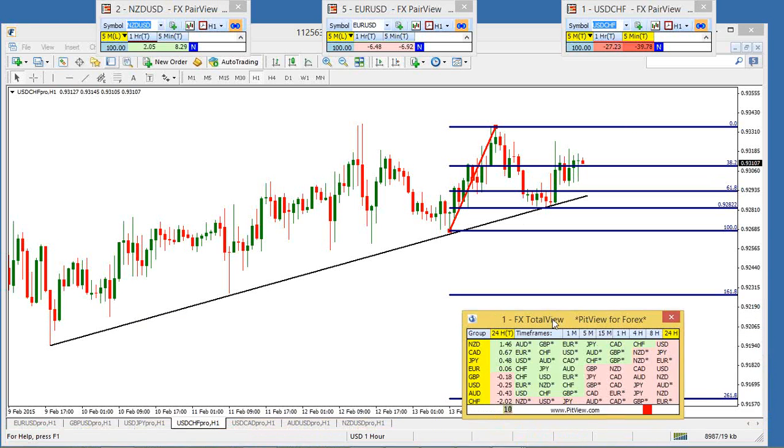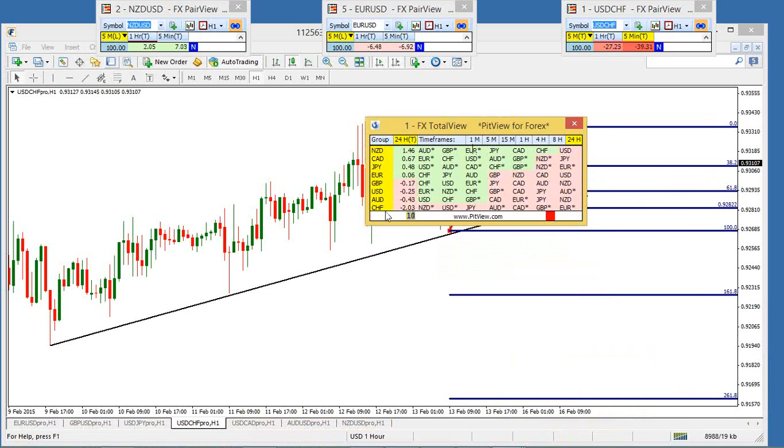On total view, when you look at the longer-term positions, you can see the Swiss is down here near the dogs of the market, still sitting here over the last 24 hours as being one of the more heavily offered or sold currencies, which would be more bullish on the dollar Swiss pair. So I'm going to go through a couple of different scenarios on that, but for right now, I was at